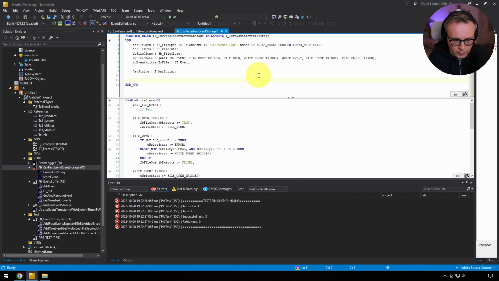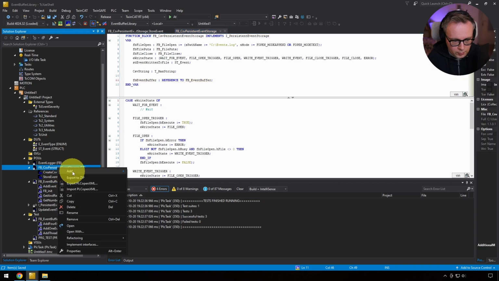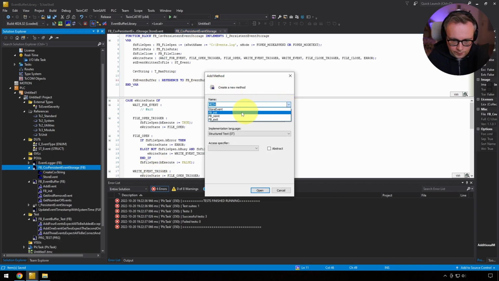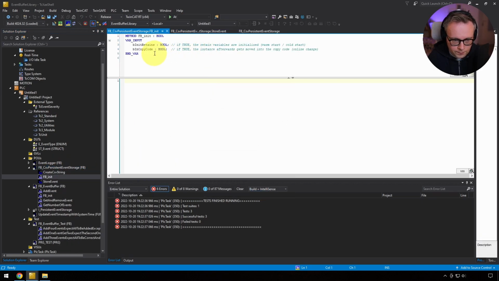Let's just do that. Let's provide a reference to FB event buffer. Then we need to add an FB init.